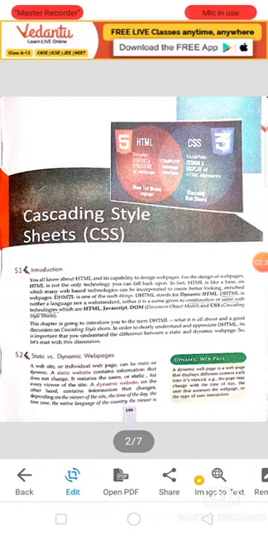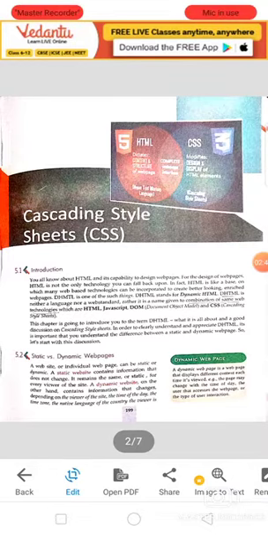But the information in a dynamic web page is changeable over time, according to the viewer of the site or the time of the day. It means in the morning the information is different, and in the noon or evening it will be changed. So for this type of website we have to use DHTML.